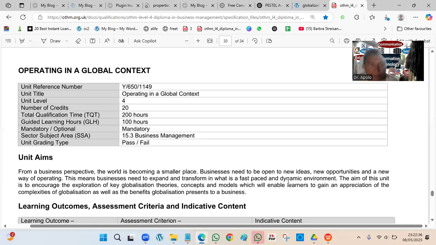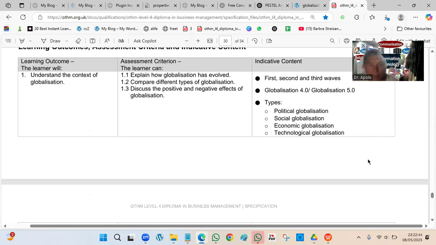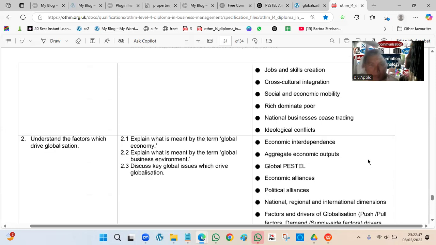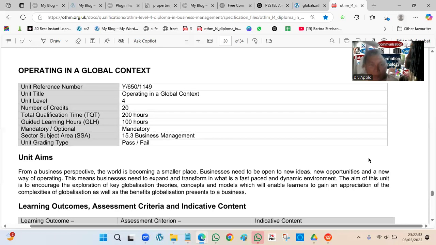Oh, by the way, let me first discuss our topics. This is our syllabus for this last unit, completing the global context. Our topics are the first, second, and third waves of globalization, then types of globalization, and the economic aspects. So Unit 6 is a very short topic. Let's move on to the specifics.